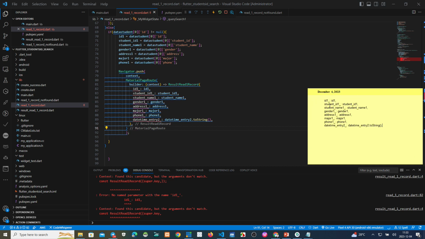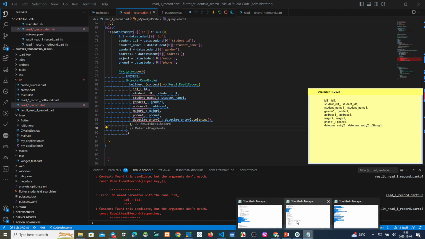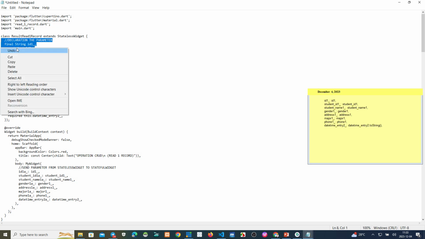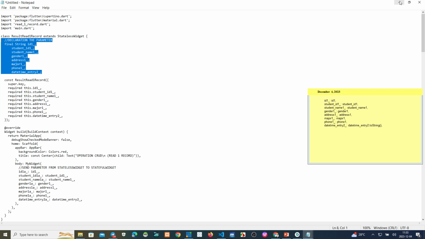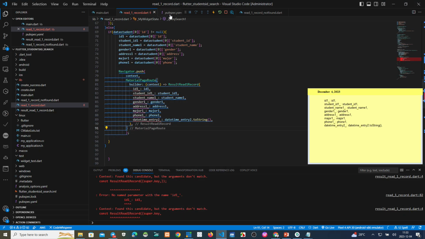ID, student ID 1, student name 1, gender 1, address 1, underscore. ID 1 underscore, student ID 1 underscore, student name 1 underscore, gender 1 underscore. Okay, you send to next page. So on the next page, you must make a declaration. Where is the next page?